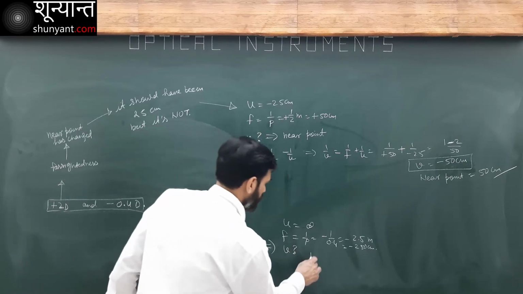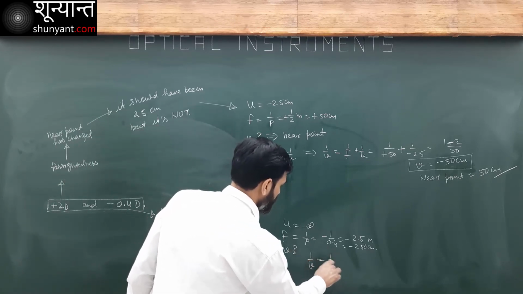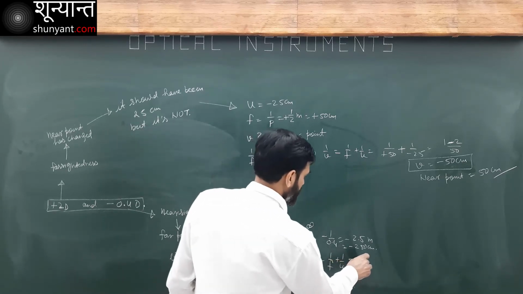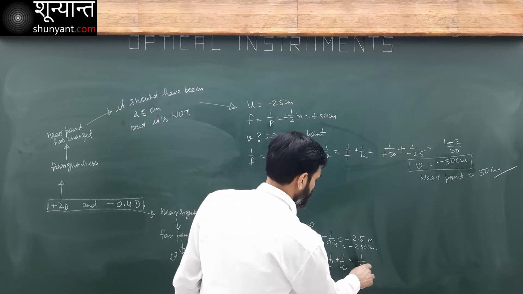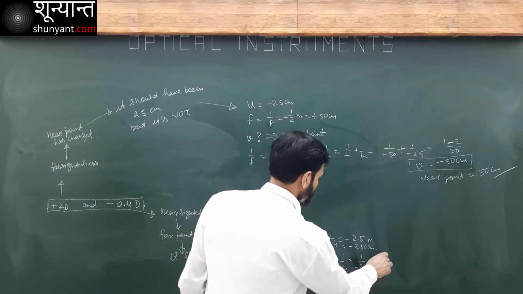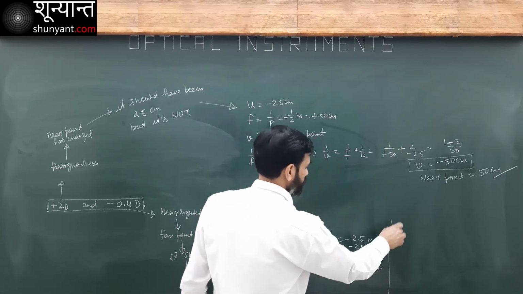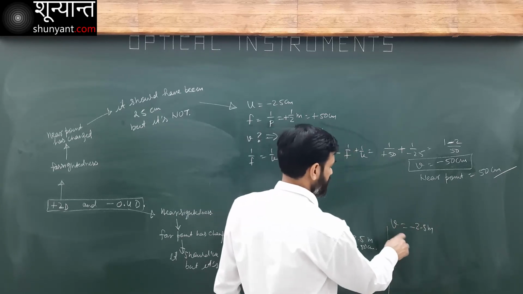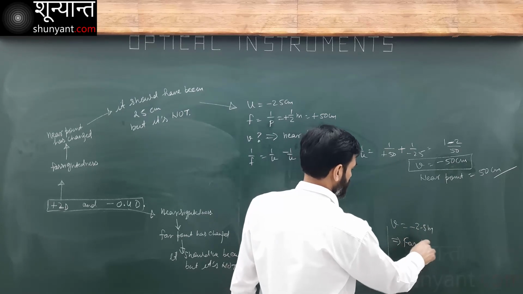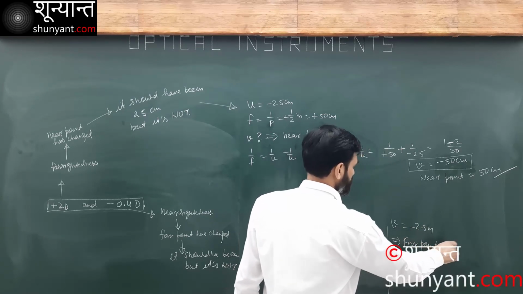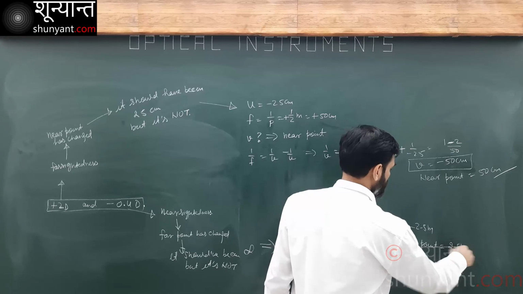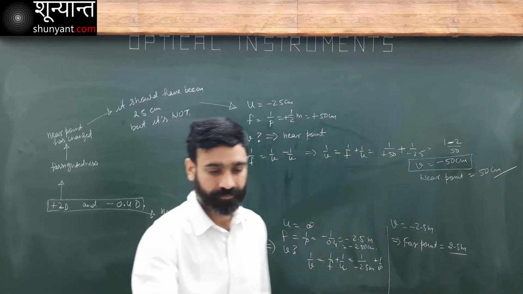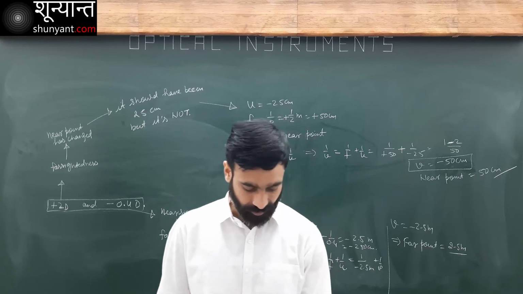So 1 over v is 1 over f plus 1 over u, which is 1 over minus 2.5 meter plus 1 over infinity. So v becomes minus 2.5 meter. That means this is my far point, 2.5 meter. If the object is beyond 2.5 meter, I cannot see that. To correct that, I am using